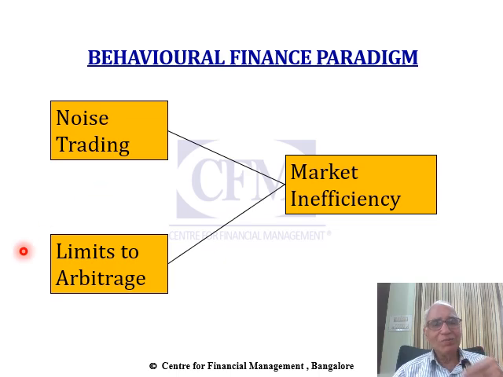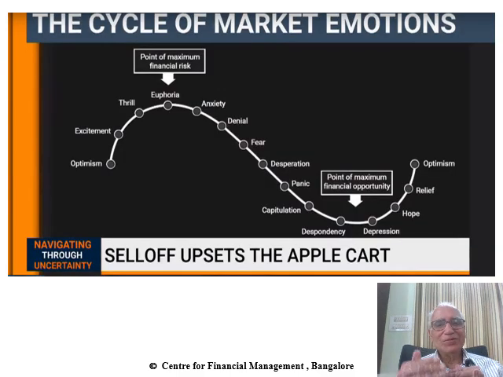Why? There are limits to arbitrage because arbitrageurs may not have sufficient funds or may not have sufficiently long time horizons. Thanks to these limitations on arbitrage, the market is often inefficient. This means prices can deviate from intrinsic values for significant amounts of time. Many investment practitioners are more sympathetic toward the behavioral finance paradigm.